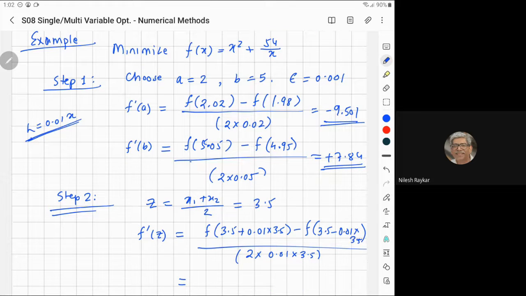Now, if you are doing programming, this particular part becomes straightforward, you don't have to bother. But if you are doing these calculations in the exam, for every point, calculating this incremental number can be tedious. So in the exams, I can allow you to use a fixed increment for all computations. You don't take 3.5 plus 0.01 times 3.5. For all calculations, you can assume whatever is the smaller number, so 0.02, and you get a similar answer.